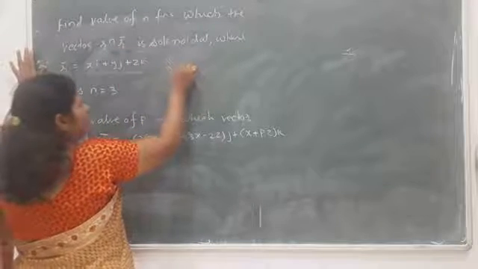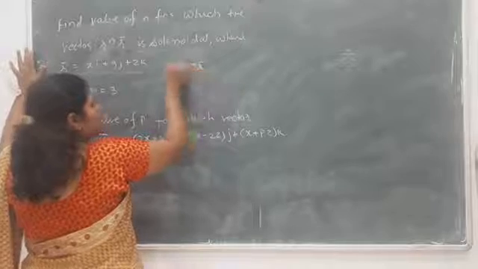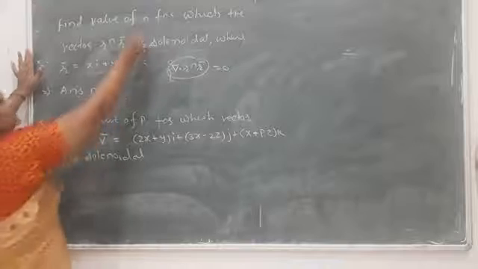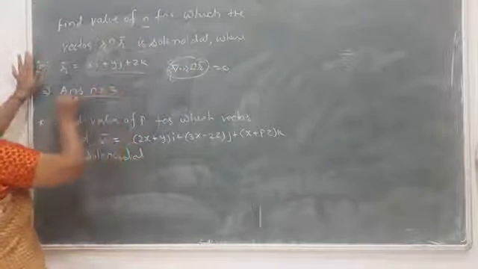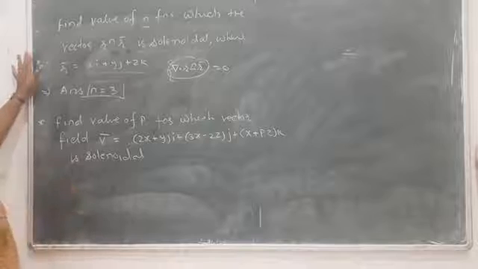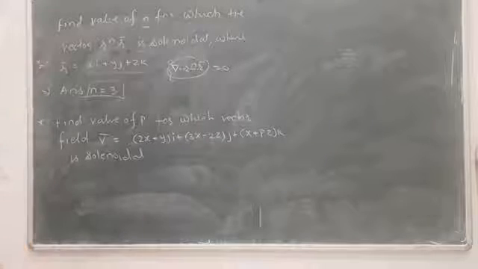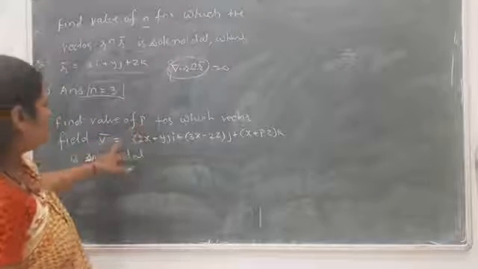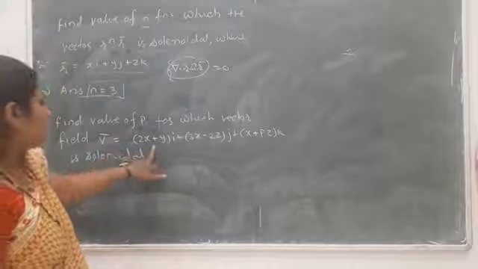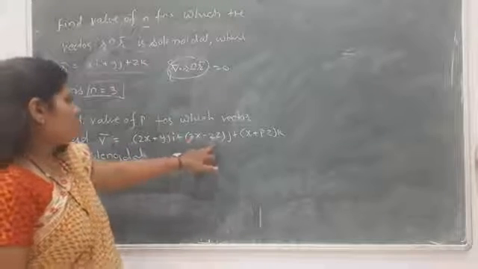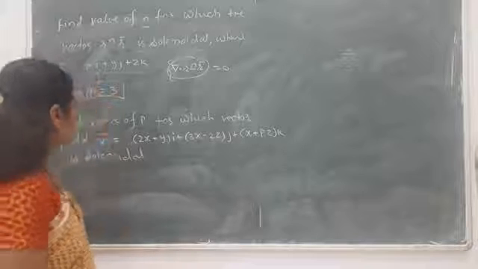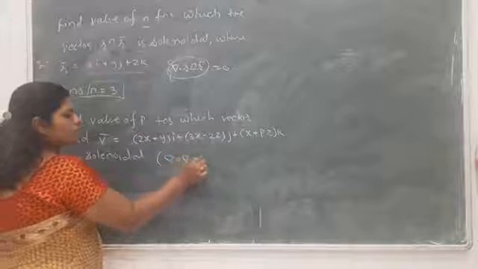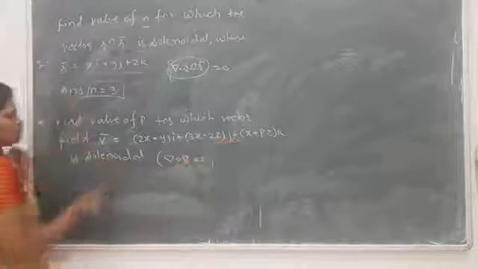Solenoidal means we have given that for r raised to n into r bar, the del dot of that vector should be equal to 0, and we have to find the value of that power n. Here I have written the answer, that should be equal to 3, and you have to calculate that value by using this condition. Similarly here again you have to find the value of p, where the vector is 2x plus y i plus 3x minus 2z j plus x plus pz into k. Again that vector is solenoidal, that is del dot of v bar equals 0, and you have to find the value of that p. You have to use this condition.